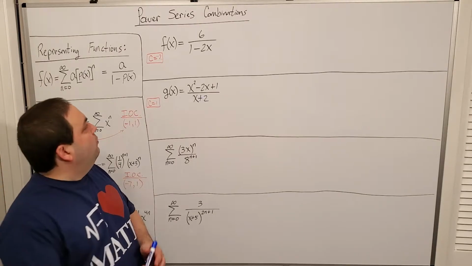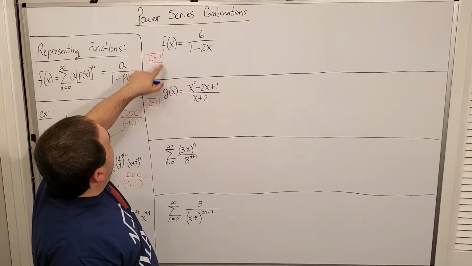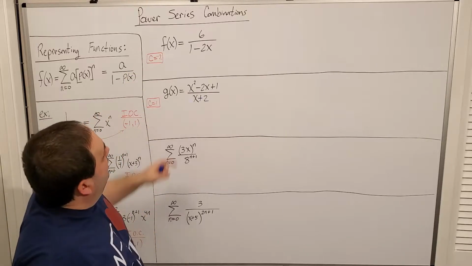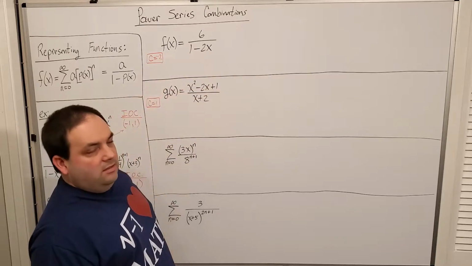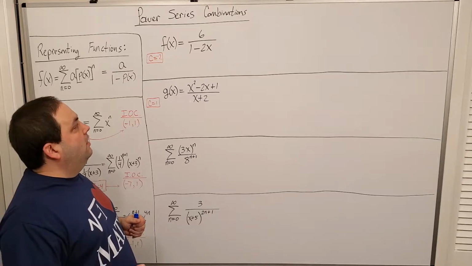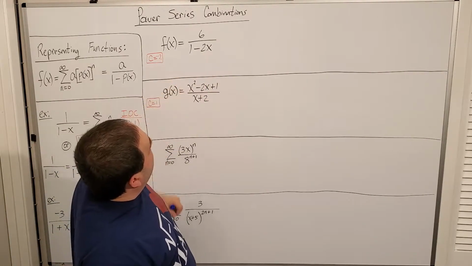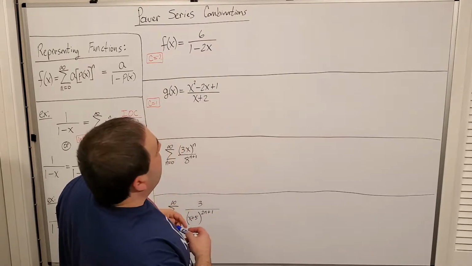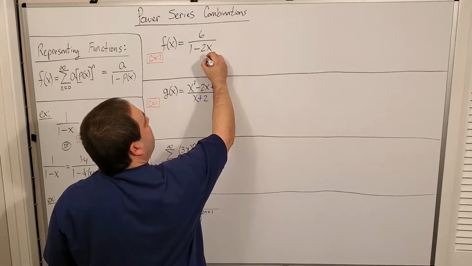Okay, so this first guy right here, I want to have my center at -2. Well, right now I just have 2x being subtracted from the 1 there. So that's not going to work very well unless you want your center to be 0, right? Because there's nothing subtracted from the x. What I would really like to have, since my center is going to be -2, I'd really like to have